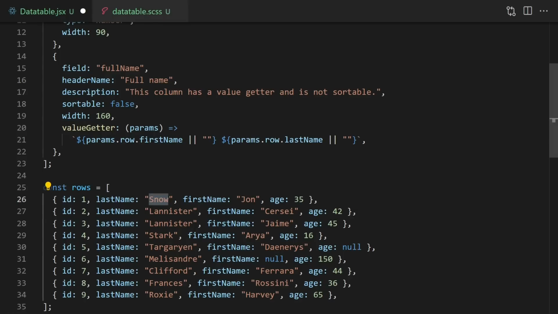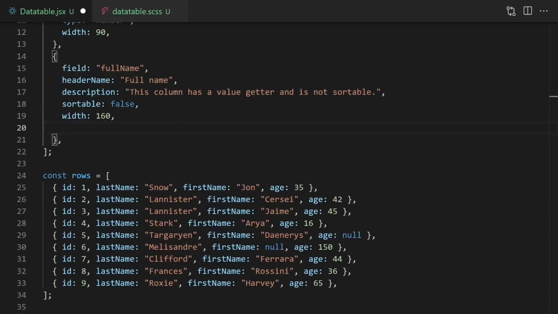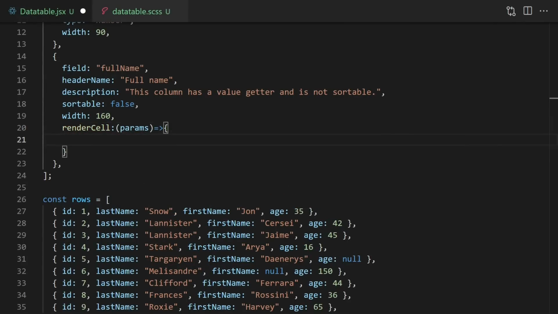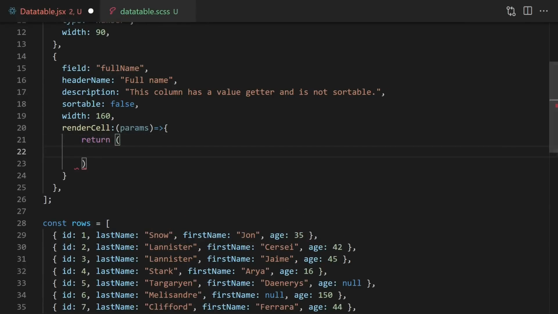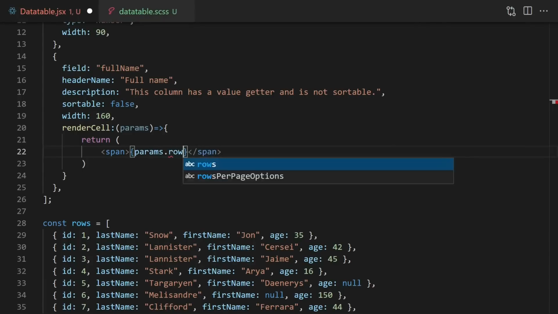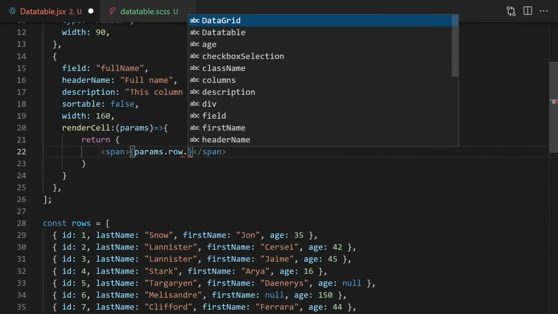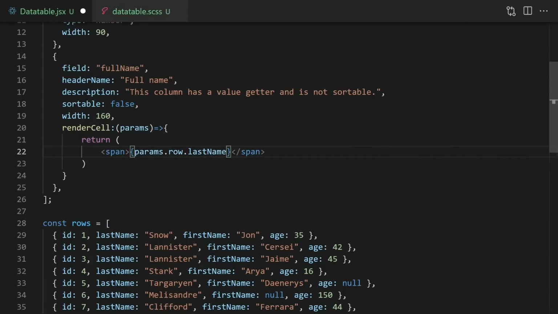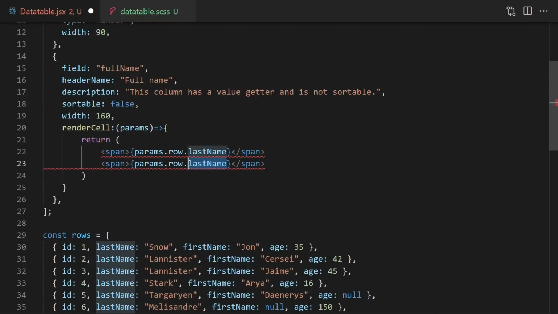And also, instead of value getter here, you can use render cell. It's gonna take params again, and we can return whatever we want. Let's say return any HTML element here. I'm gonna say span, params.row and let's say last name. And I'm gonna create here one more span and age, for example,